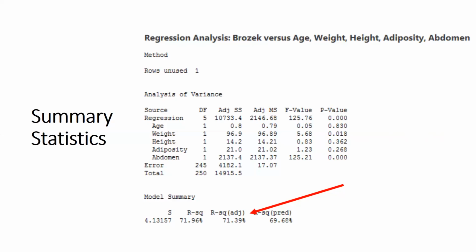So the adjusted R-squared is appealing, and you can see in this case that it's not much smaller than the R-squared itself. And that might mean that there's some good things in the model that are helping to predict body fat percentage. So that's basically the descriptive or summary part of the output here.